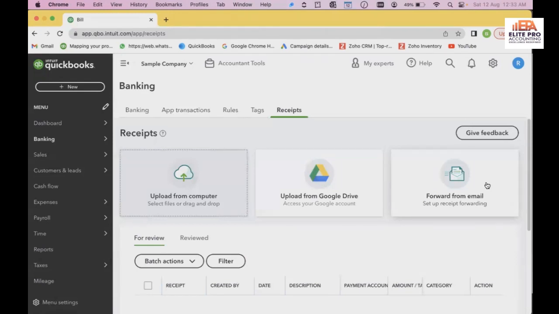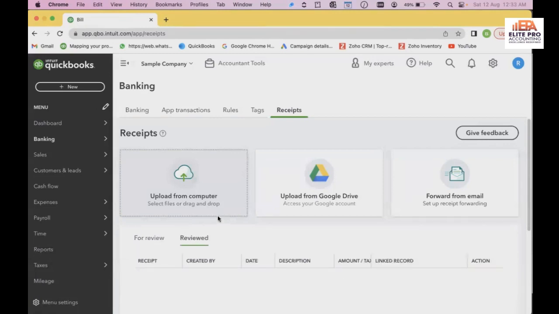So if you have set up email, then all mails with documents will come here, and QuickBooks will automatically capture those documents here. So these are three good ways that you can upload your receipts as well as the invoices or bills, whatever you have. And then you can attach those invoices or bills with your